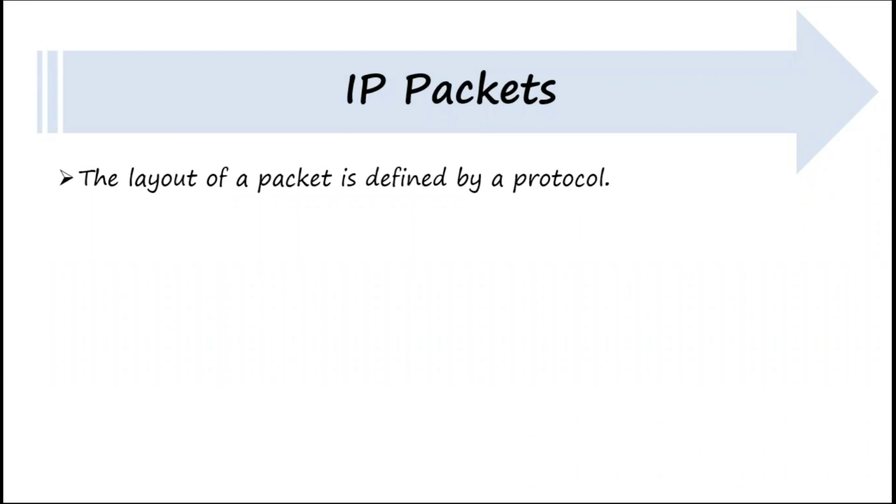I'll repeat myself. The layout of packets is defined by a protocol. All computers on the internet, all devices, need to agree to set up their packets in the same way so that they can communicate on either end and can understand what's inside. So what I'm trying to say is, if this is a system and this is another system, they are connected over here. If I'm sending a packet of information, and this particular device is receiving it, this packet has some very technical information. If both these devices are following the same rules,